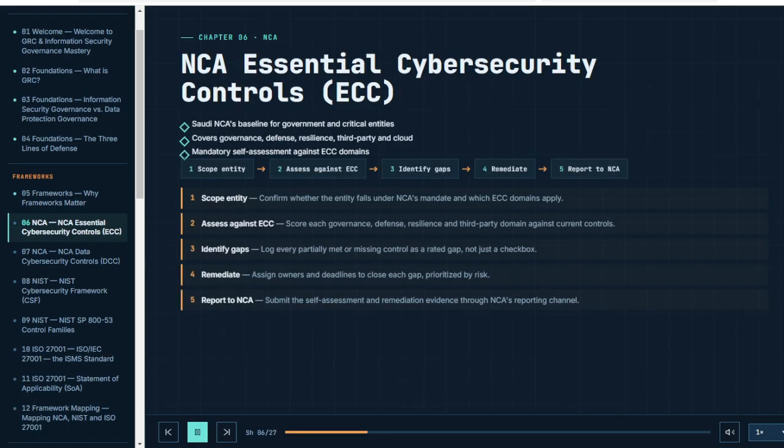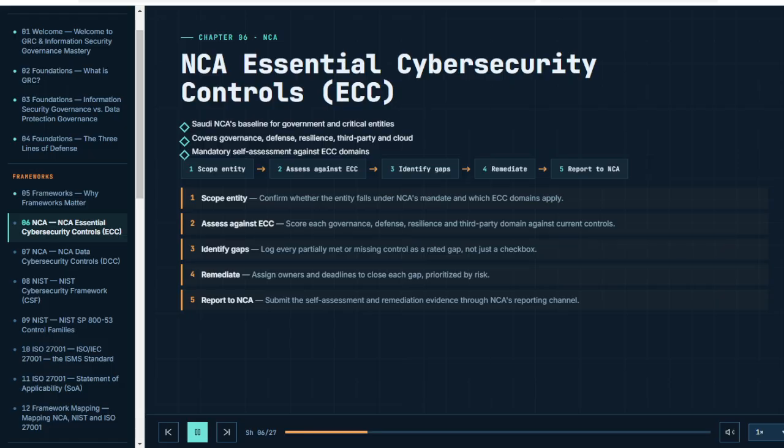The National Cybersecurity Authority's essential cybersecurity controls set the baseline for government and critical national entities. They span governance, cyber defense, resilience, and third-party and cloud security, and entities are required to self-assess against every domain. In summary, Saudi NCA's baseline for government and critical entities covers governance, defense, resilience, third-party, and cloud, with mandatory self-assessment against